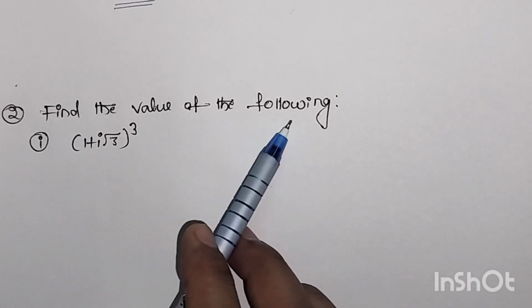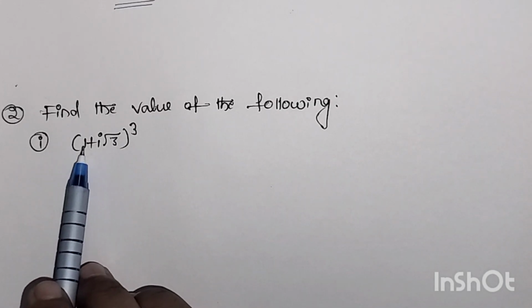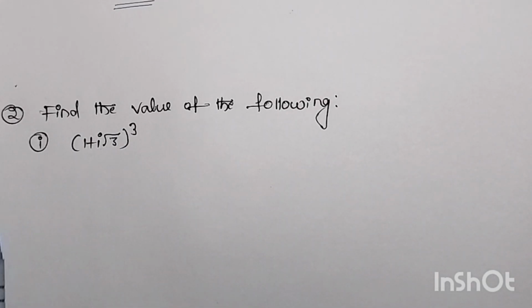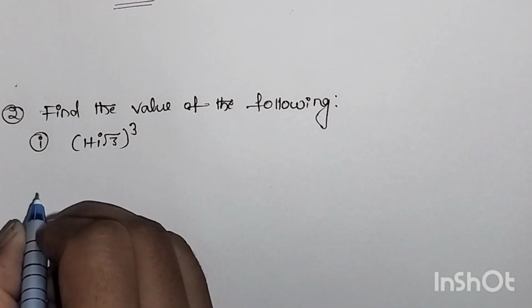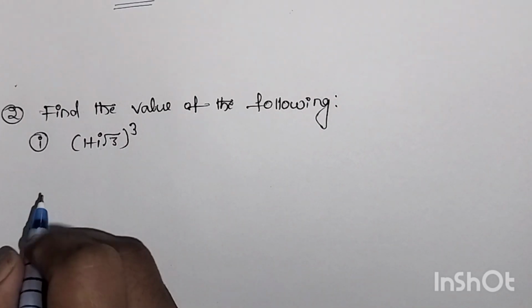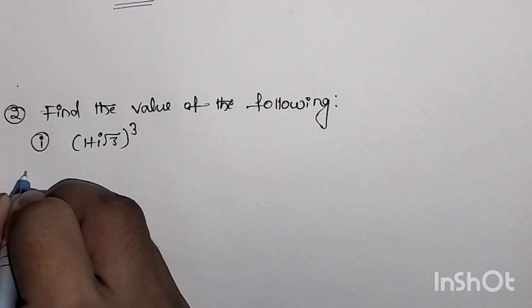Find the value of the following. First one: (1 plus i root 3) whole cube. We can solve this problem by using the (a plus b) whole cube formula, but in this we can use only the modulus amplitude form, and we can solve this problem by using de Moivre's theorem. Solution: